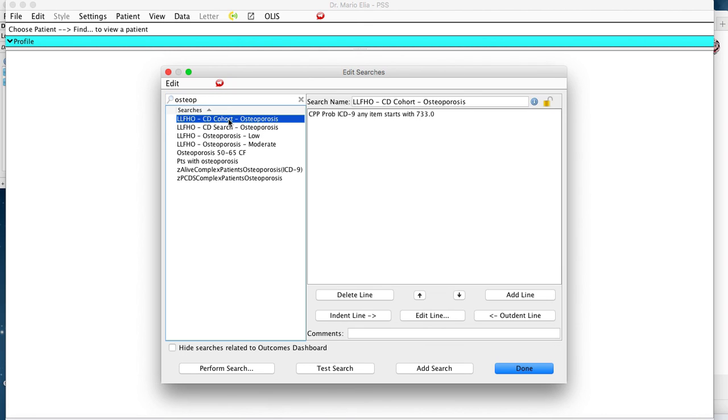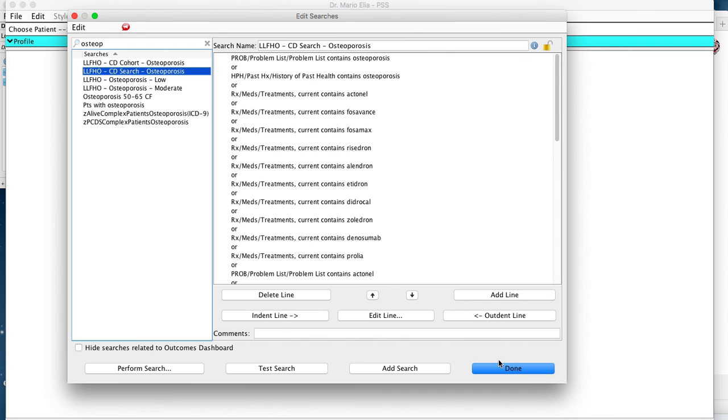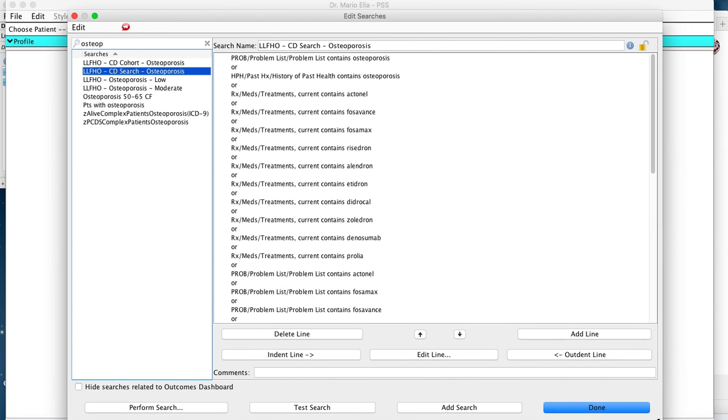So if you click on the one cohort, this is searching for everyone who in their problem list has an ICD code of 733.0. And for the purposes of our program here, this is what I've suggested that you use for your ICD-9 coding. That's what all of our tools are set up for. So if you perform this search, this will provide you a list of all your patients who have been coded as having osteoporosis. The second one here, CD search, is a search that will find all patients who